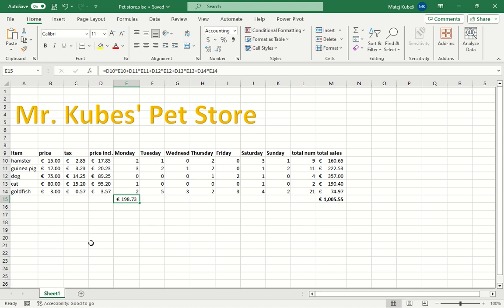So, of course, this is tedious, and imagine you have 20 or 50 items on your price list. So you want to take advantage of the magic square, so you don't have to do the same thing for every day of the week. The same thing for Tuesday, the same thing for Wednesday, Thursday, Friday, and so on. So you want to make use of the magic square like we did before. So see what happens. I click and drag,